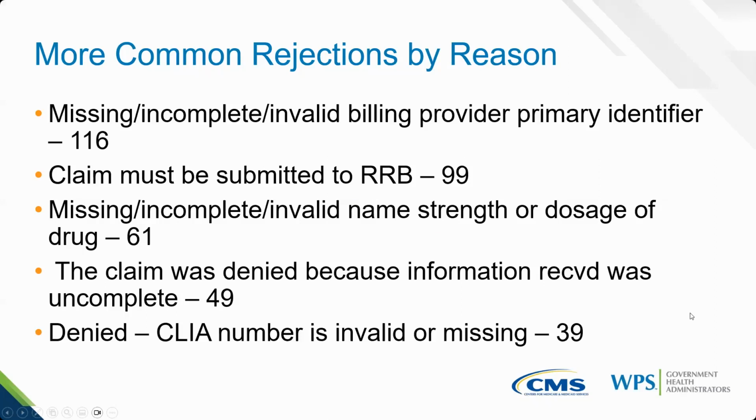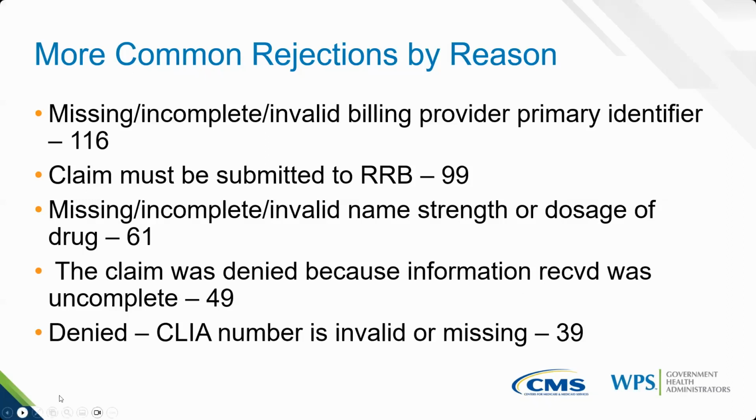But this law requires you need to get certification when you're doing labs within your office, and you need to report that number on your claim whenever you bill for those services. So there's a 10-digit CLIA certification number. It must be placed in item 23 of the CMS 1500 claim form or the electronic equivalent. And you can only bill one unique CLIA number per claim.